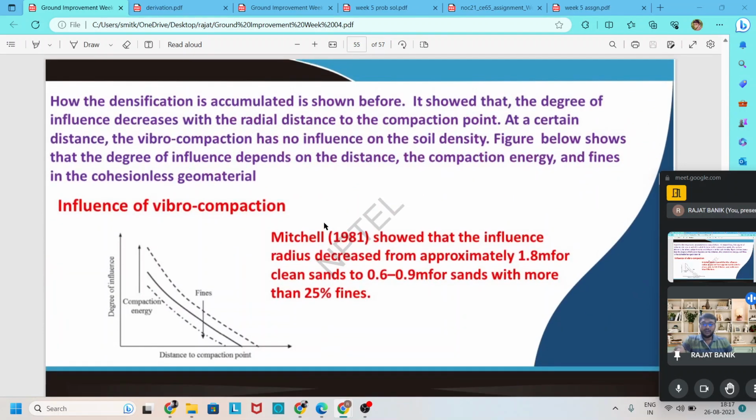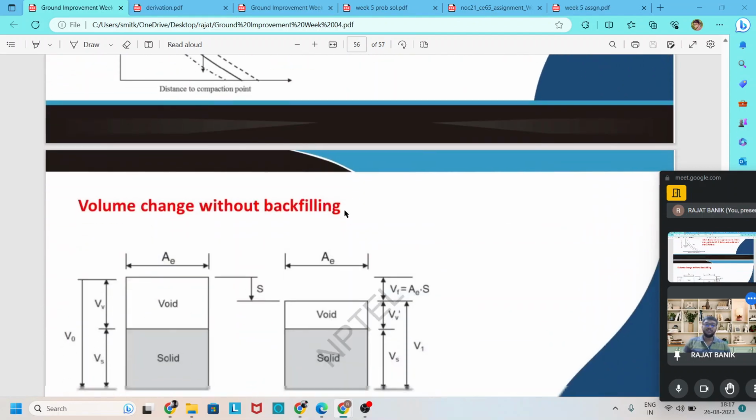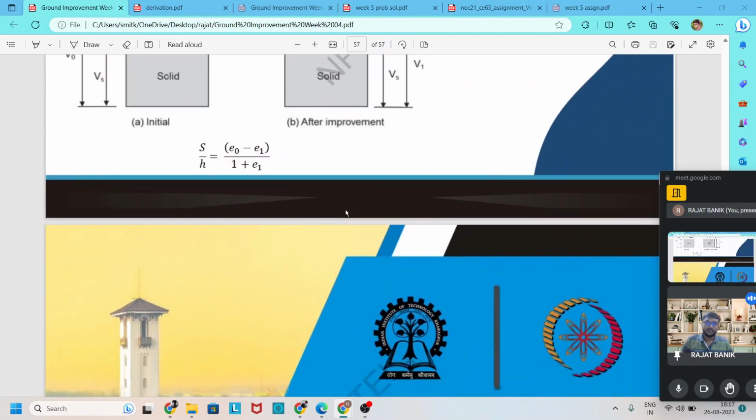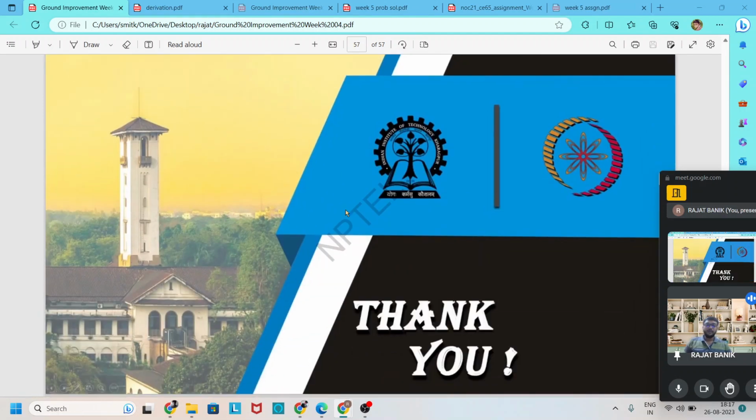And we also saw one graph showing that if you increase the percentage of fines, the compaction degree of the influence zone reduces. And if you increase the compaction energy, the degree of influence increases. So like that, we discussed all of these things previously. And today